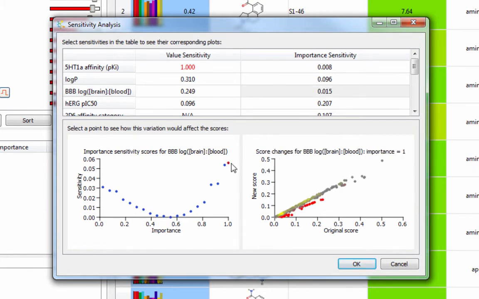The resulting plot in the bottom right shows that there is no significant change in the ranking of the top compounds. From this, we can conclude that the selection of compounds will not change significantly if we vary the importance of BBB log-brain blood within a reasonable range. We can use this importance value with confidence that it is not